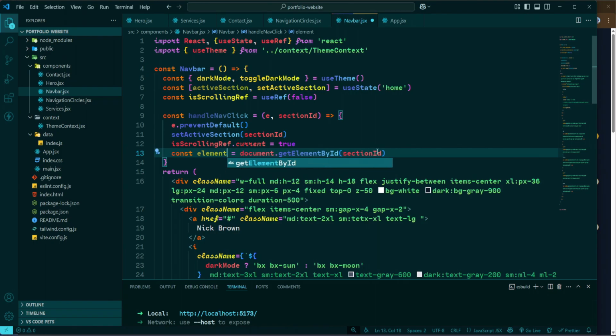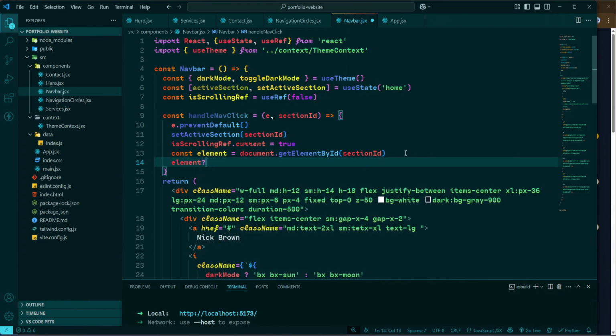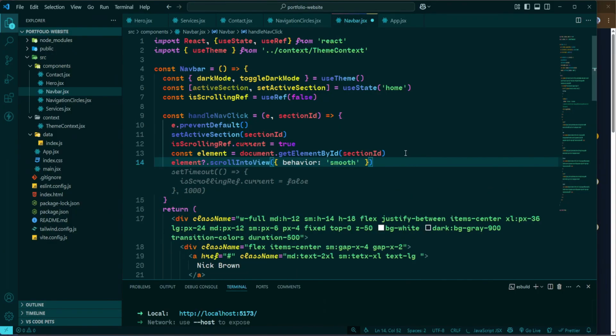If the element exists, we have to call the scrollIntoView function, which will smoothly scroll to that section. So here we need element, then a question mark, dot scrollIntoView, and the behavior is going to be smooth. So again, this line of code is responsible for smoothly scrolling to a specific section when a navigation link is